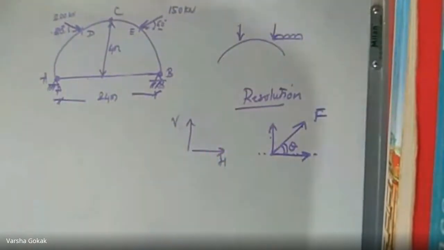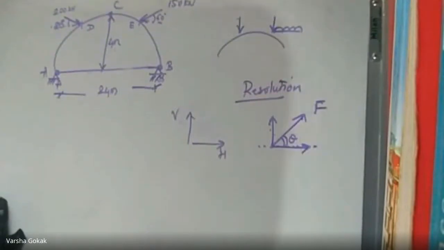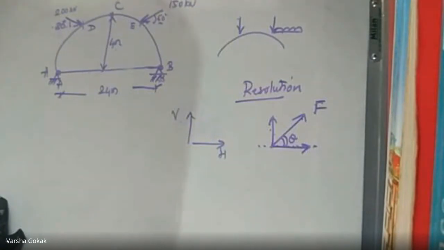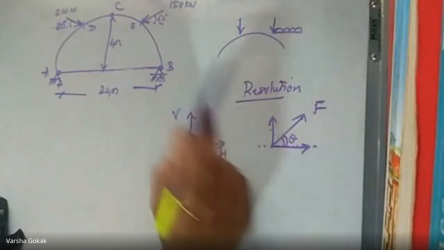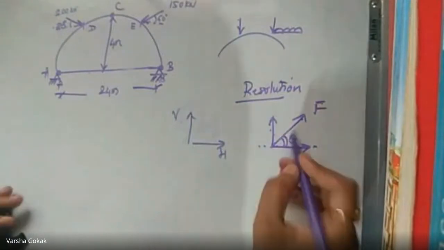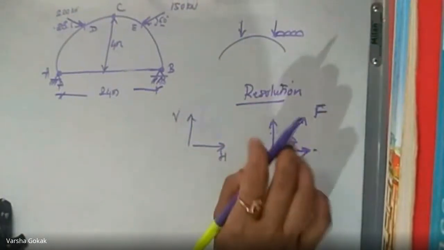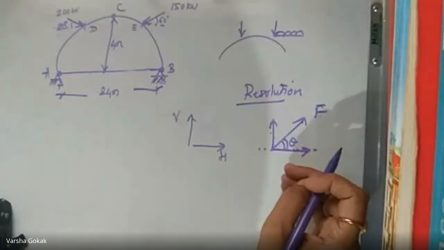Exactly opposite to resolution is when I have a resultant, we find the resultant of a force. What is that procedure called? Composition of a force. This is resolution, resolving a single force into two forces, and that comes as composition of force. Now, when I resolve, there is a derivation of y cos comes with x and all.